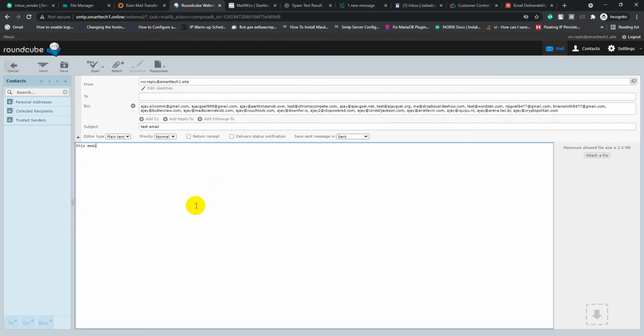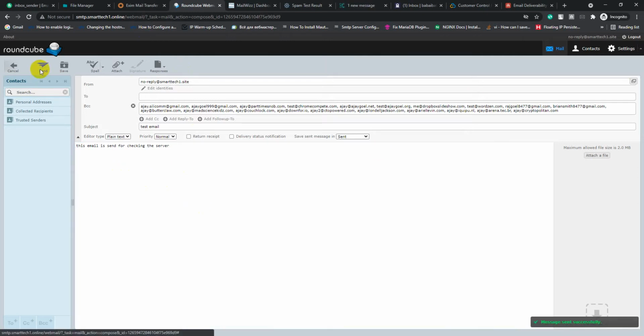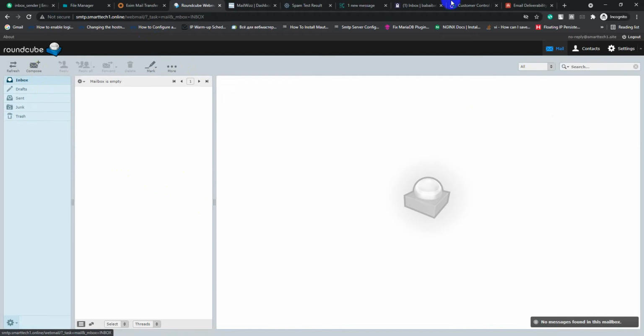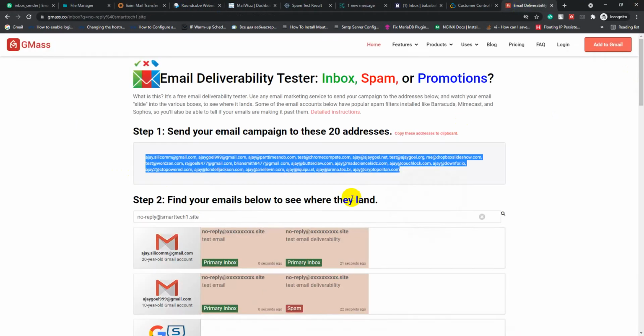This email is sent to check the server. Then click send. Then again click.